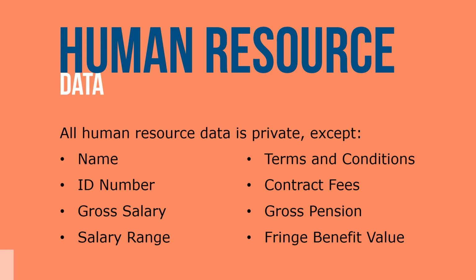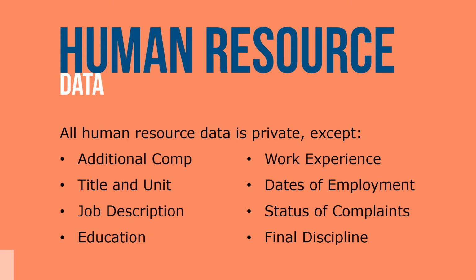The following information is public: name, employee identification number that cannot be the Social Security number of that individual, gross actual salary, salary range, terms and conditions of the employment relationship, contract fees, actual gross pension, the value and nature of employer-paid fringe benefits, as well as the basis for and the amount of any added compensation, including expense reimbursement in addition to salary, job title and bargaining unit, job description, education and training background, previous work experience, date of first and last date of employment,